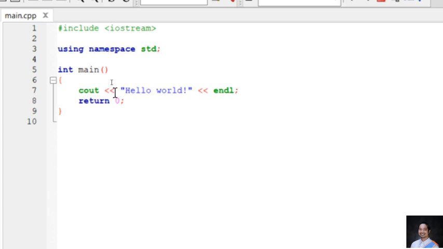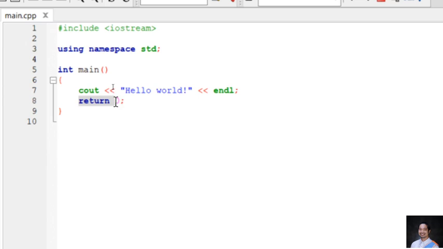The structure of cout is the word cout followed by two less than signs, then the text you want to output enclosed in quotations, followed again by the double less than sign and the word endl. The last one will be the semicolon, the terminating symbol for every line in C++.